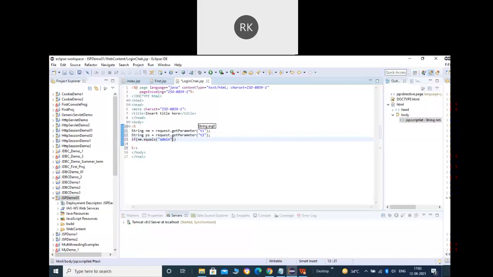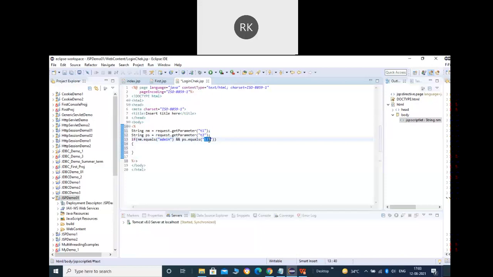In the same way, I can get the password from T2. Similarly, we can check if nm.equals, whatever you like, let's say admin, and ps.equals, let's say 123.